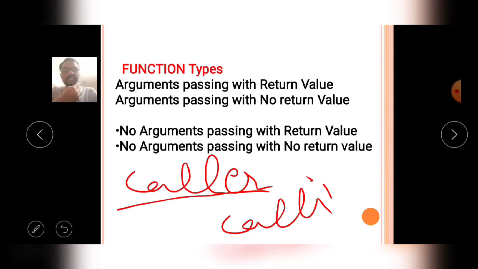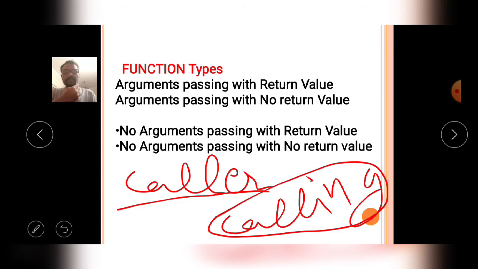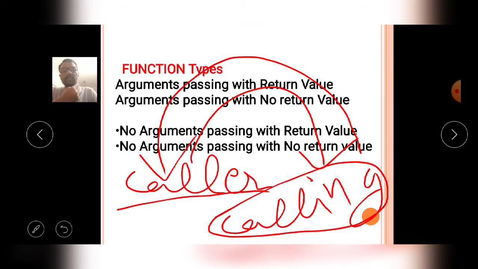Calling function means the function which is called by another function. The control always moves from the caller function to the calling function. After completion of the execution, it returns from the calling function to the caller function.